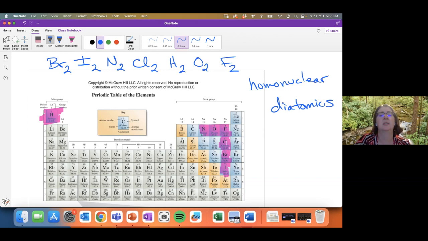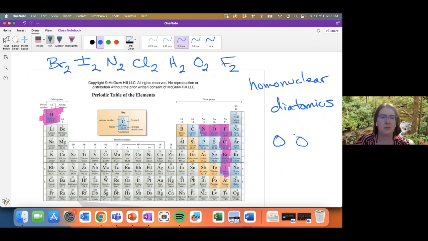which means that all of the oxygen that we breathe is actually O2. All of the hydrogen, if there was hydrogen that we also were breathing, it's pretty light, it floats up, so it's not as likely, is H2. All the nitrogen in our atmosphere, N2. All of these, bromine, iodine, nitrogen, chlorine, hydrogen, oxygen, fluorine, naturally come paired. They naturally come as two of the same atom bonded together,